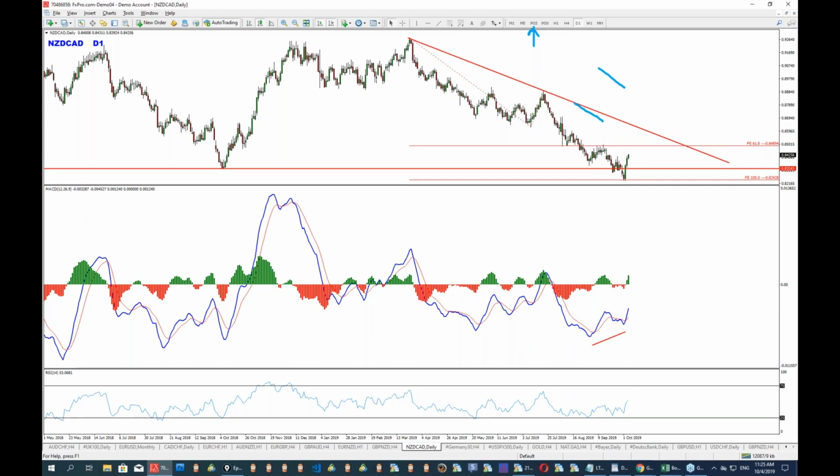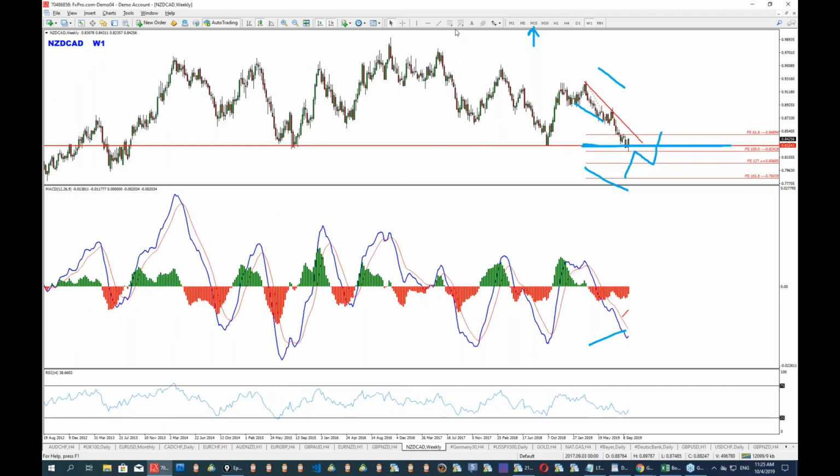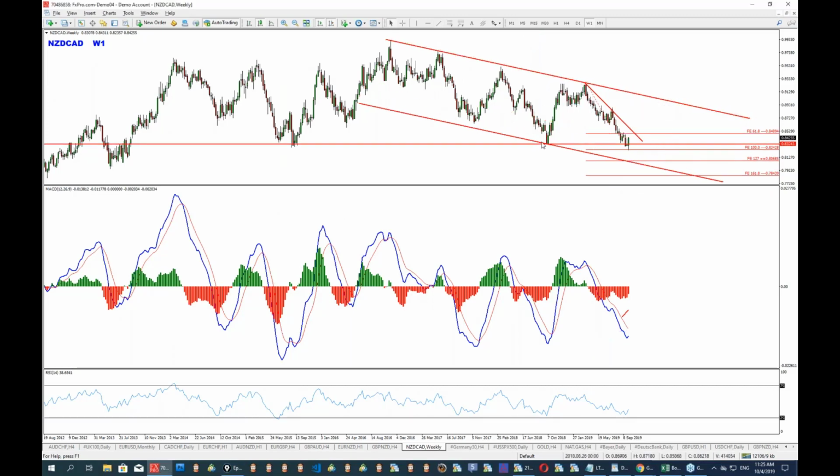We have the trend line here, so something like this could be provided. Of course, that's a daily level, which if broken, we're going to get convergence and so on and so on. But that's for further on. I would like to also remind you about the weekly channel, and we're currently around